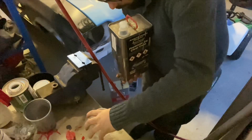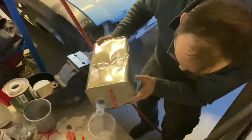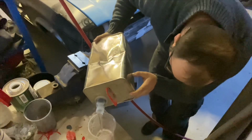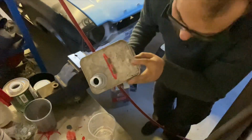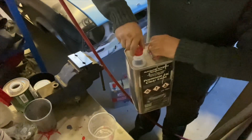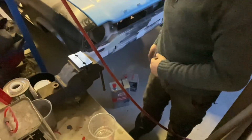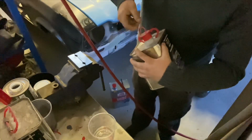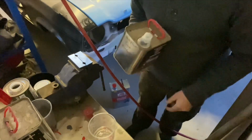Now what we're going to do, we're going to mix some clear coat up. So we're going to mix it at 2-to-1, 10%. However, this goes a really long way, so I'm not going to mix too much up. That's dead on my 2 mark. Always make sure you put the lid on. Guarantee if you don't, you'll come to it tomorrow, it'll be rock solid. So then we have a fast hardener. So it's 2 parts clear, 1 part hardener,